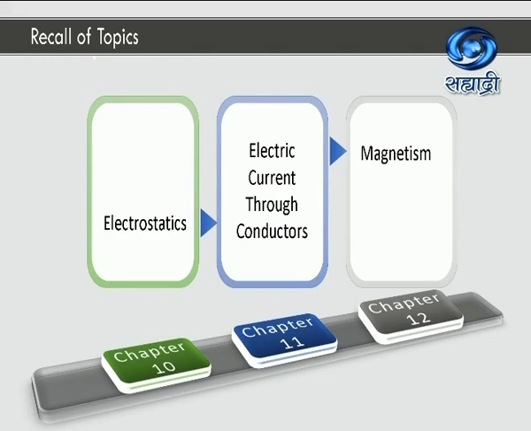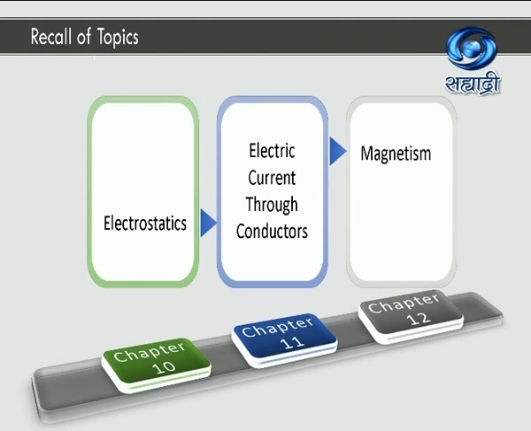Let us, in short, recall class 11th. This is necessary because the concepts or the knowledge of certain things from these chapters are important to understand the ongoing chapter. In class 11th, chapter number 10, electrostatics, we have studied the effects produced by the charges at rest, which is called as electric field. There we have studied Coulomb's law, electric dipole moments, and so on.